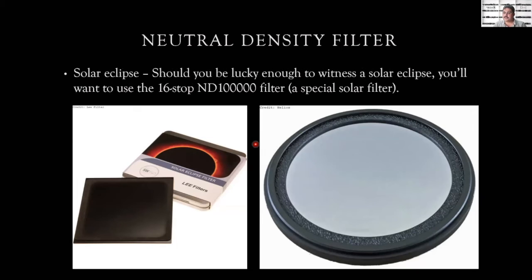Then you have neutral density filters which are great. This is a rarely used 16-stop filter. If you want hours of slow shutter speed, then you can go for this. Lee sells this as a solar filter, but I tend to use these mylar sheet solar filters, which are not neutral density. They are sort of metallic sheets coated with mylar. They are the ones which are better for the solar eclipse and all. These are not ND filters. These are exclusively solar filters. They are only meant for shooting the sun, nothing else.